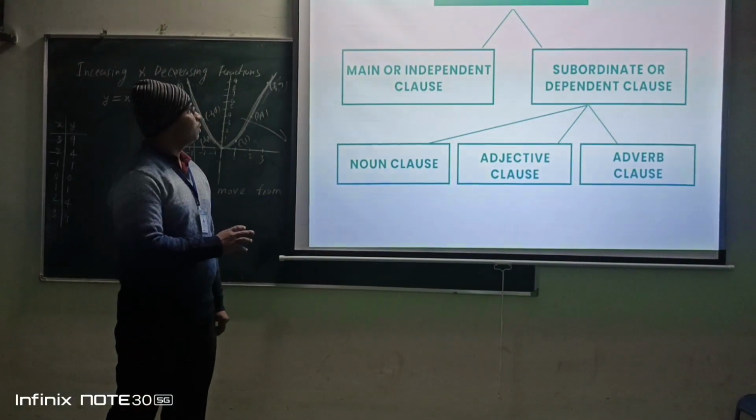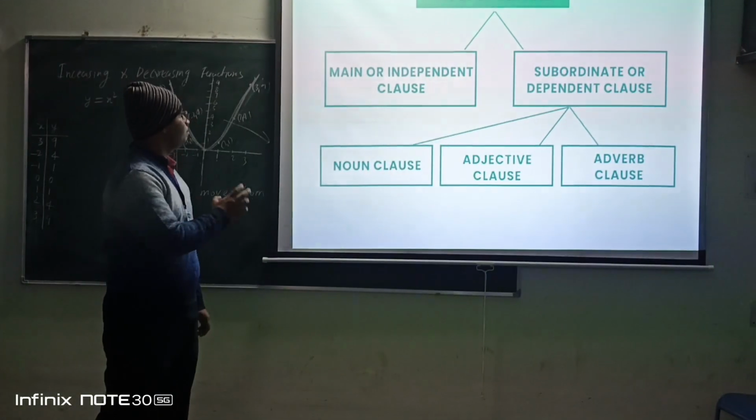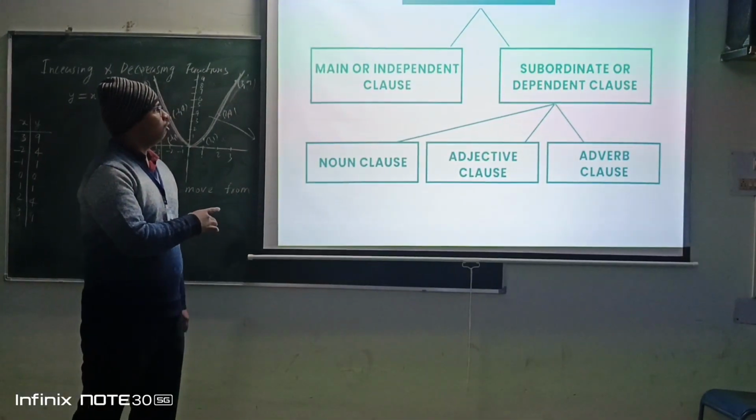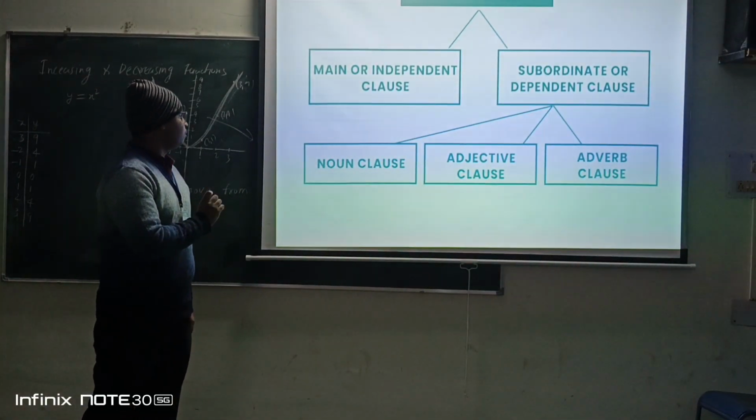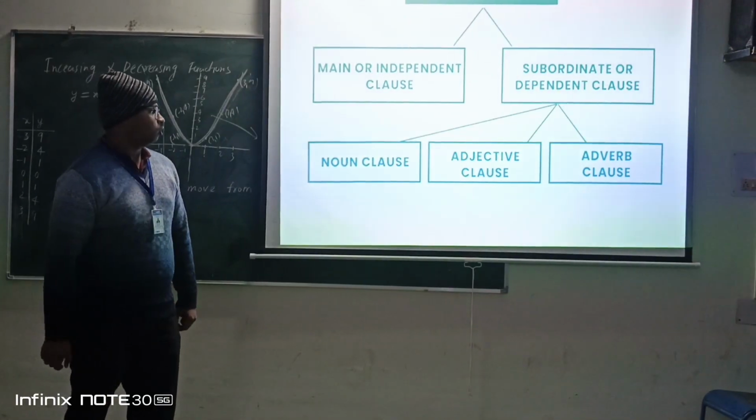ये टेबुलर फॉर्म है टाइप्स ऑफ क्लॉजेस का। इसमें दो मेन आपको मैंने जैसे बताया, मेन क्लॉज और सबऑर्डिनेट डिपेंडेंट क्लॉज है। और डिपेंडेंट क्लॉज को आगे हम लोग और डिवाइड कर सकते हैं नाउन क्लॉज, एडजेक्टिव क्लॉज और एडवर्ब क्लॉज।